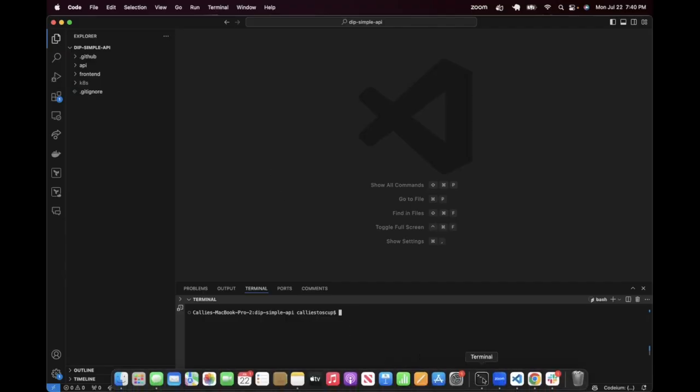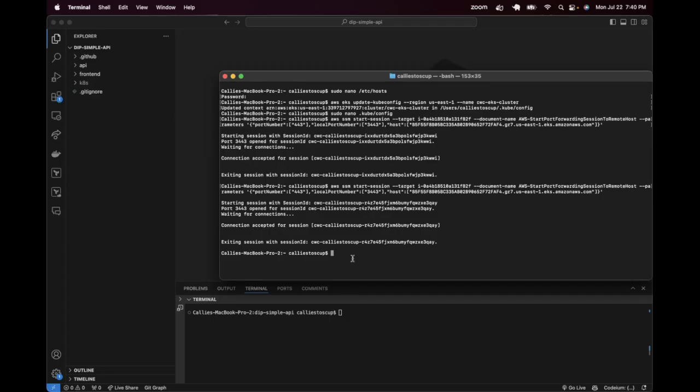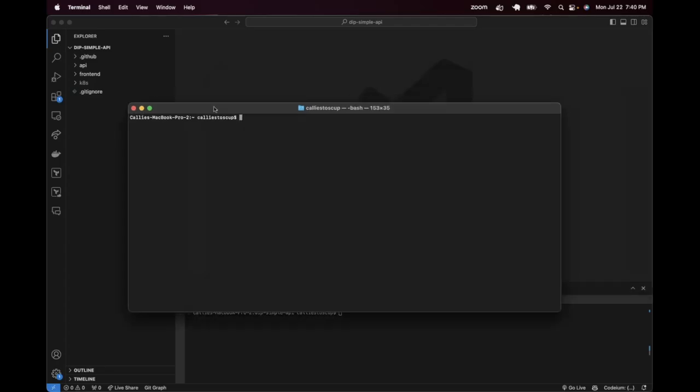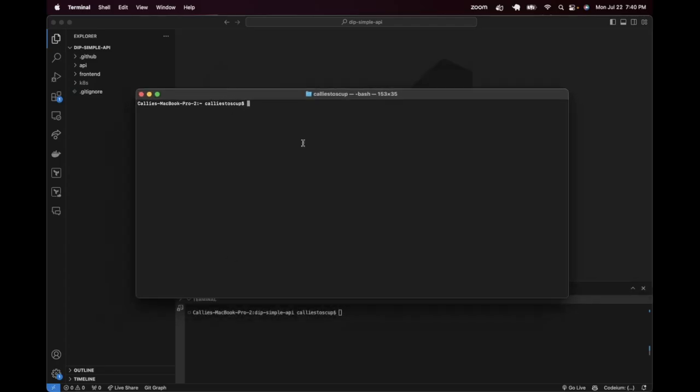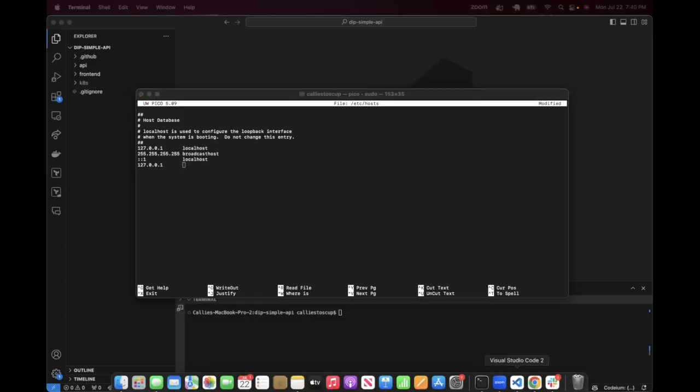The first thing that we're going to do is clean up my terminal. All right, in my terminal, I'm going to go ahead and do sudo nano /etc/hosts. I'm going to enter my password. All right, and then I'm going to head down to this line. I'm going to get rid of all of this. And I'm going to